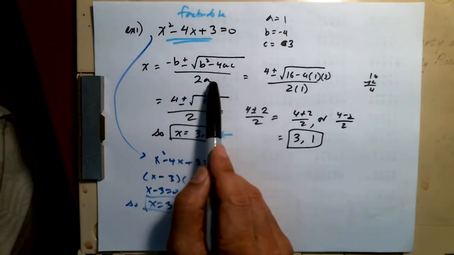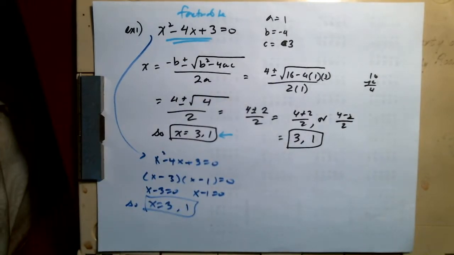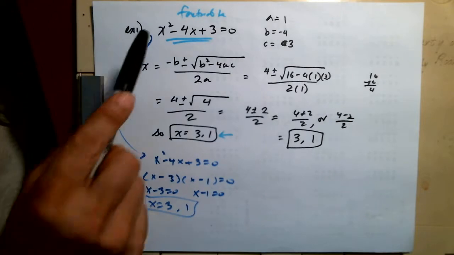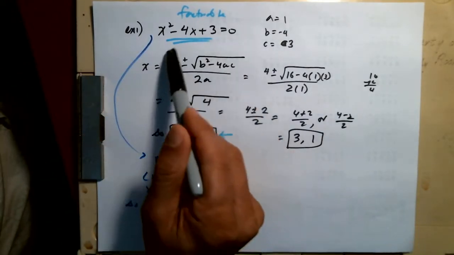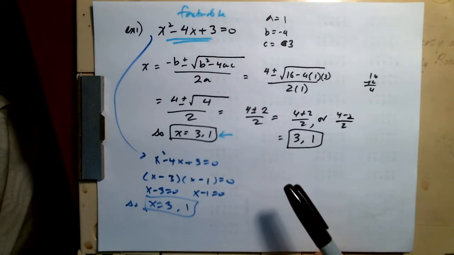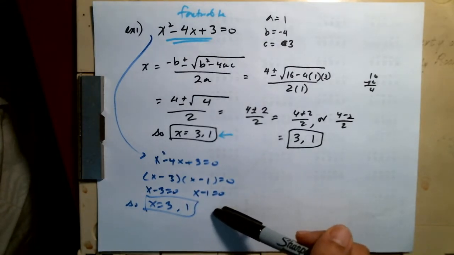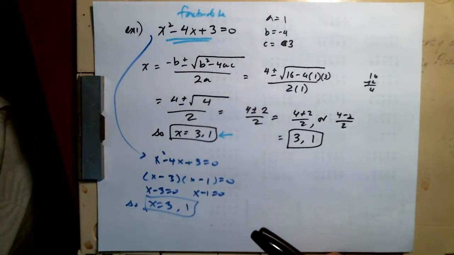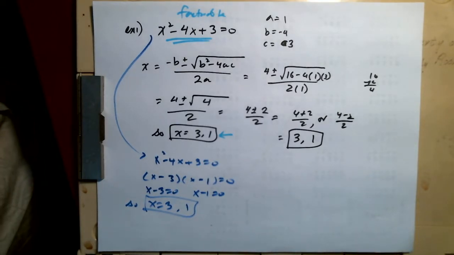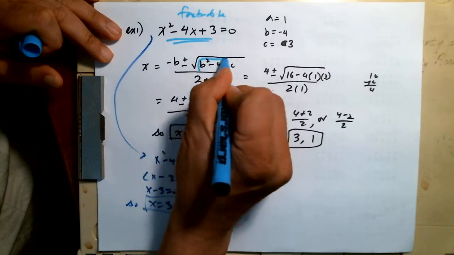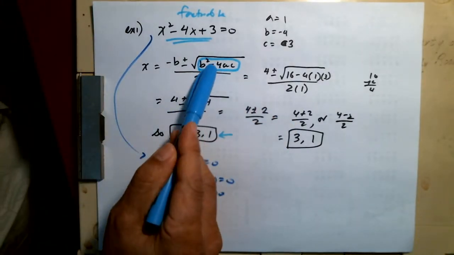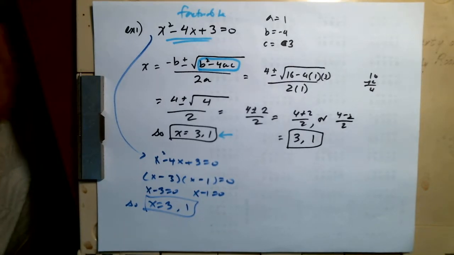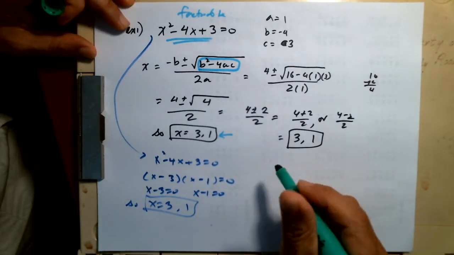The quadratic formula is probably the last resort. If you can factor it, it's a lot easier to deal with because you don't really want to use all of this calculation stuff, whereas factoring is a lot easier. The second thing that you should notice is this right here, the b squared minus 4ac. We talked about it about 30 seconds ago. This value is very, very important. The b squared minus 4ac,